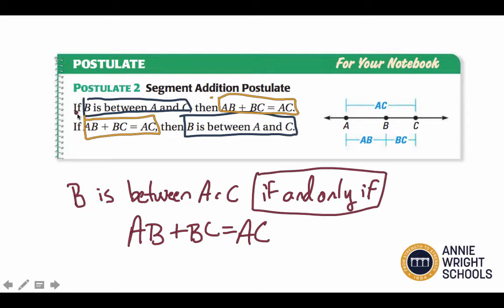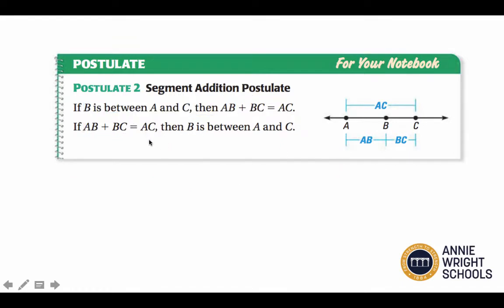When you have statements in geometry that go if blank then that, if that then blank, you can write them with one statement using an if and only if in between. We're going to come back to that later, but what's important is that you see this segment addition postulate and you write this down and you know it in both forms, or you know it in the form that I wrote down here. It seems like this is a no-brainer, but as a matter of fact, it's not. And it is something that we just have to assume is true. We cannot prove this to be true.